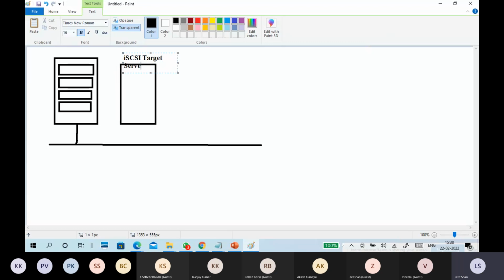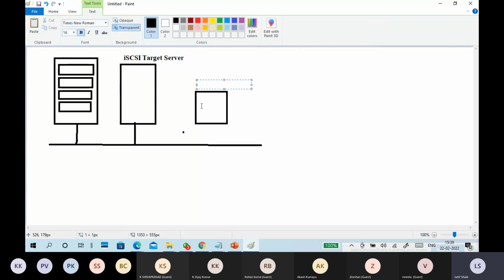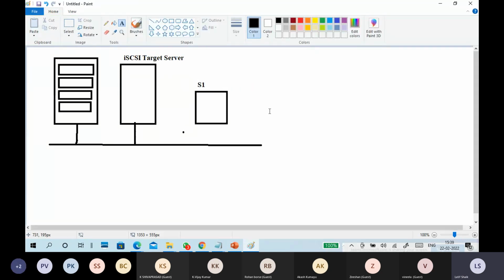To manage iSCSI storage, this is a normal Windows server or Linux server, and we install the iSCSI related components. This is my client. A client means either a Windows 10 or some server, also connected to the network. Just for our understanding, I am naming the machine S1.